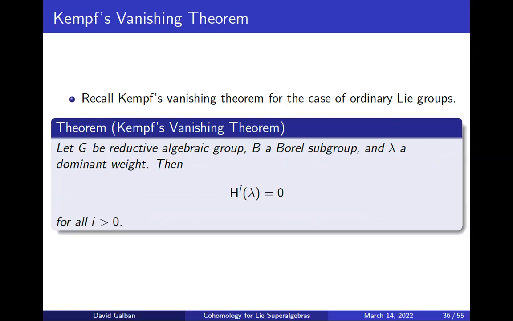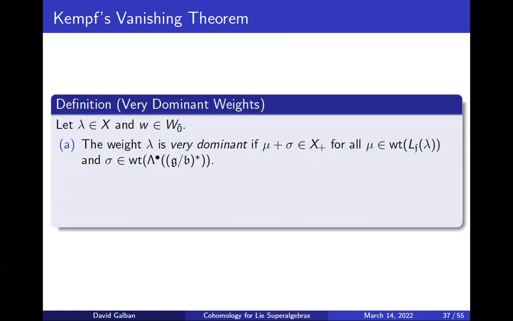So using the first spectral sequence for now, we can start to prove an analog of Kempf's vanishing theorem. So recall what Kempf's vanishing theorem says in the case of ordinary Lie groups. If G is a reductive algebraic group, B a Borel subgroup, and lambda is a dominant weight, then the higher cohomology groups H^i of lambda are going to equal 0 for all i greater than 0. So they're going to vanish for non-zero i. As long as our weight is sufficiently large, we're going to be able to prove an analog for the